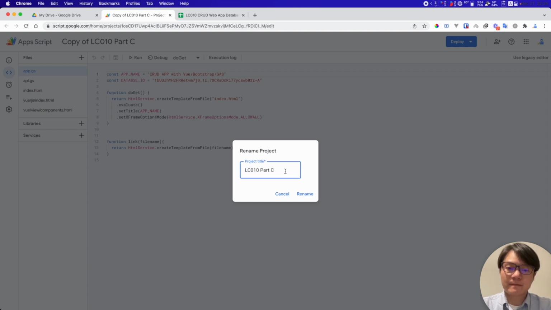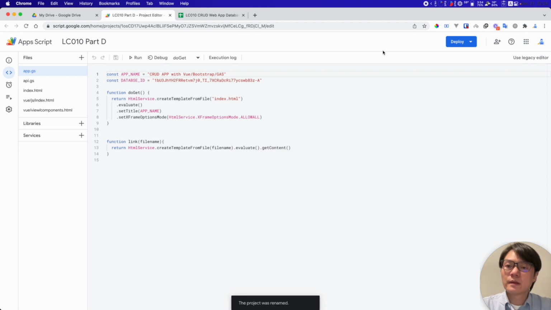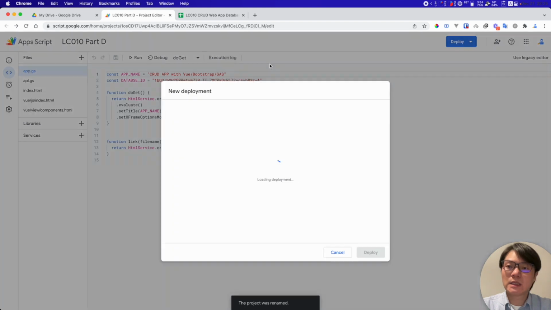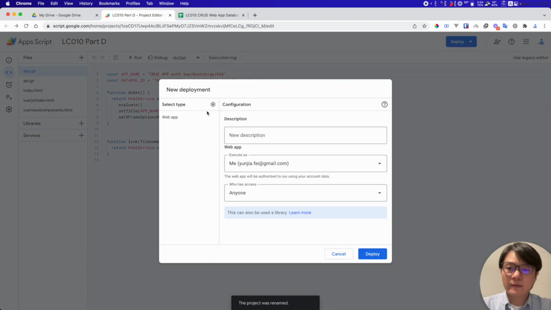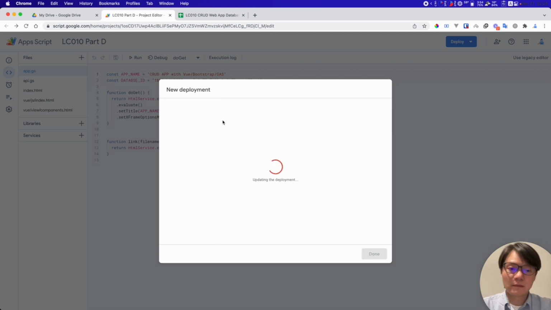So this is the part D. And let me deploy it first because this is a new project. Web app for dev. Okay, in the meantime,